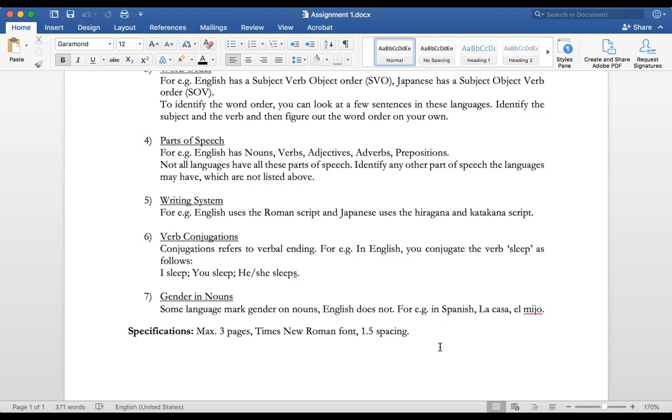And what about gender? English does not mark gender on nouns. So whether you have a table versus a chair, it's the same thing in English. There's no grammatical gender marking in English, but many of you speak Spanish, and you know that Spanish is a classic language that marks gender on nouns. So you have the A marking versus the O marking, where A stands for feminine gender and O stands for masculine gender. So what about grammatical gender marking on nouns in these languages?